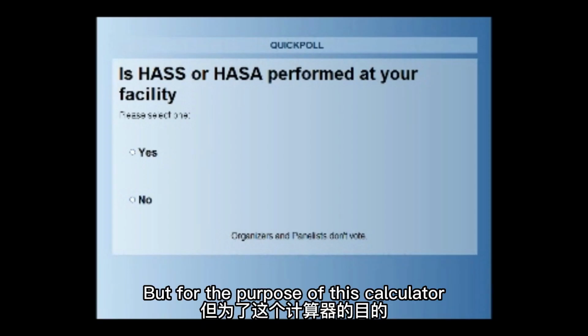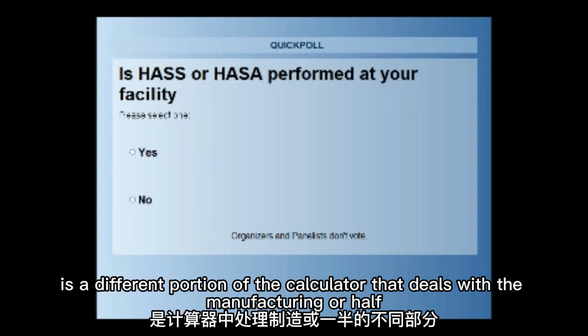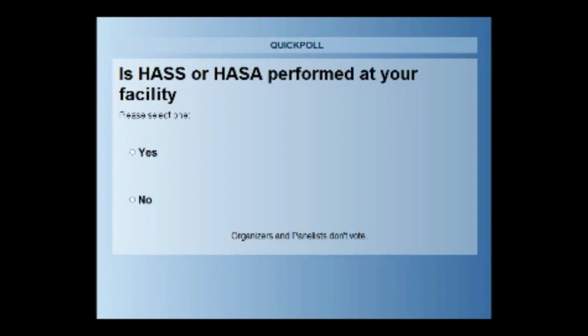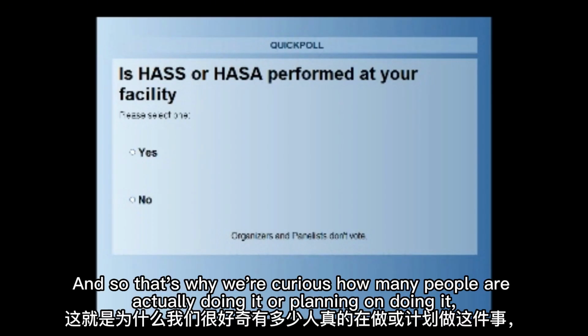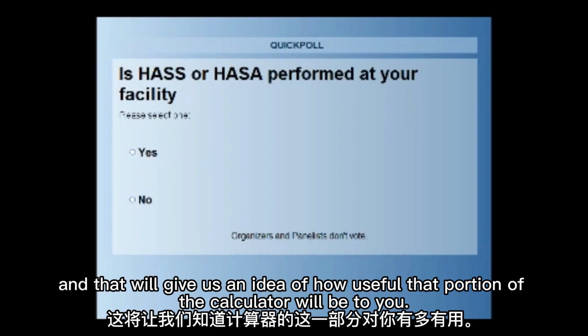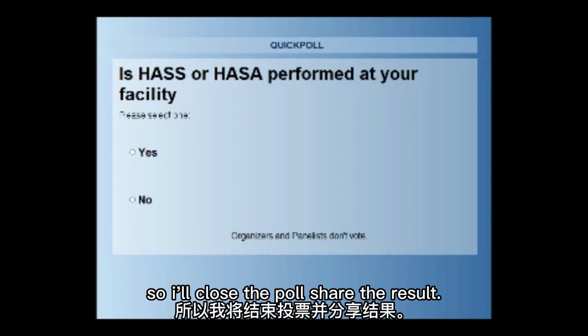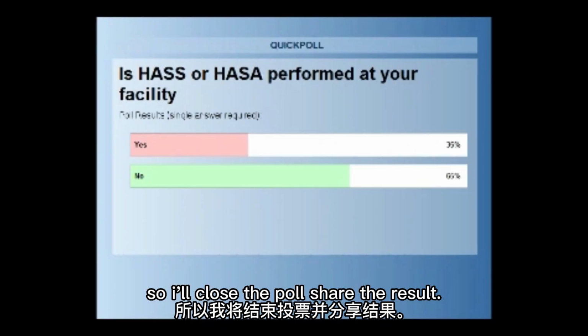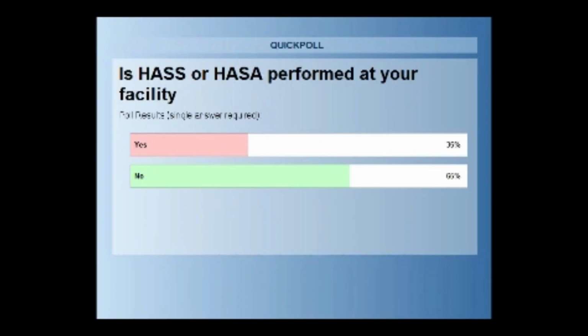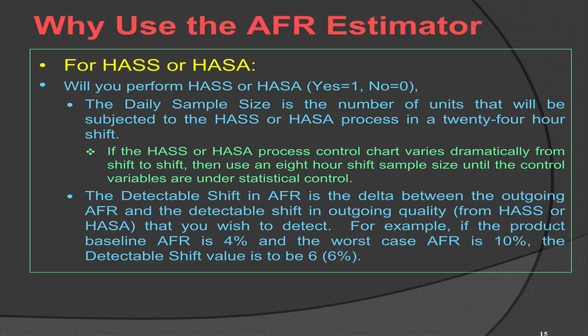But for the purpose of this calculator, there's a different portion of the calculator that deals with the manufacturing or HASS portion of the testing. And so that's why we're curious how many people are actually doing it, or planning on doing it, and that will give us an idea of how useful that portion of the calculator will be to you. So with about 80% of the people in, 35% said yes, and 65% said no. So I'll close the poll, share the results, hide the results,